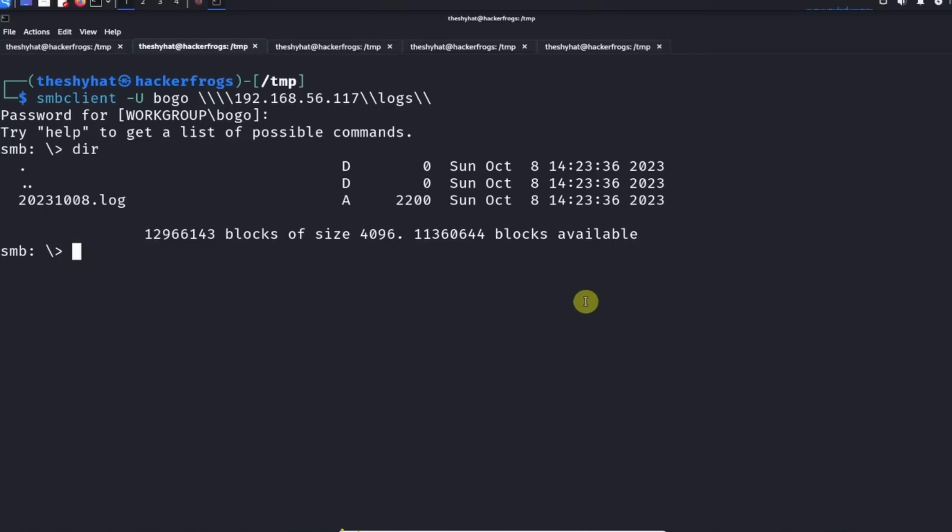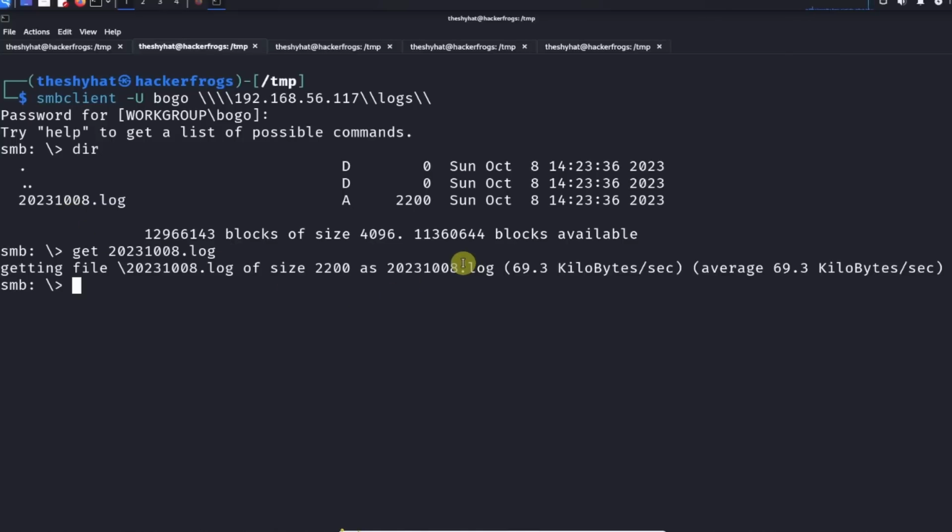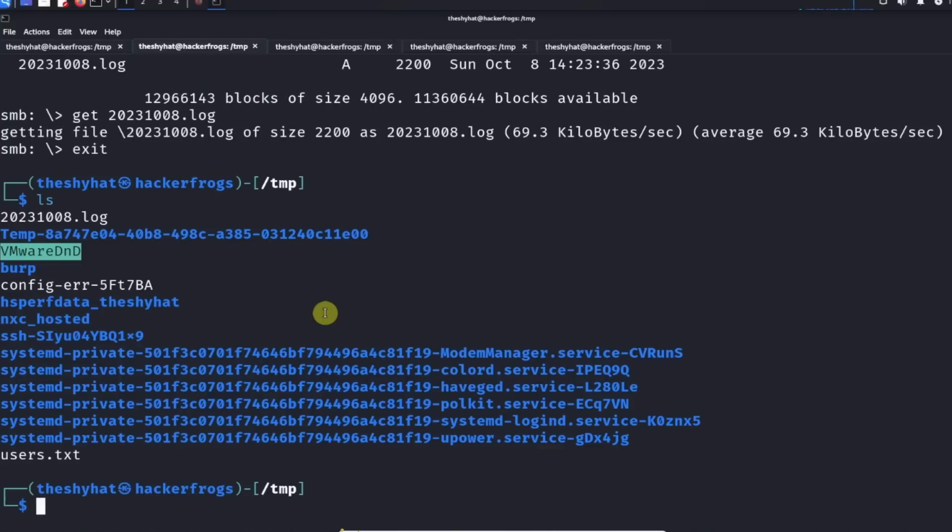So to download this file, we would use this command. It's going to be get and then the name of the file. So remember, when you're using SMB client, you can actually do file name autocomplete with a tab. So that's very convenient. So we're going to get this file, download it, and there's nothing else in here, so we're just going to exit. So exit program, and we're going to see that the log file is here. So to read it, just going to cat this file out